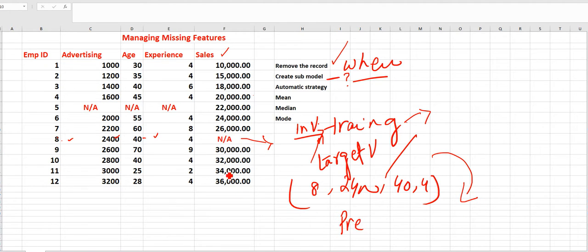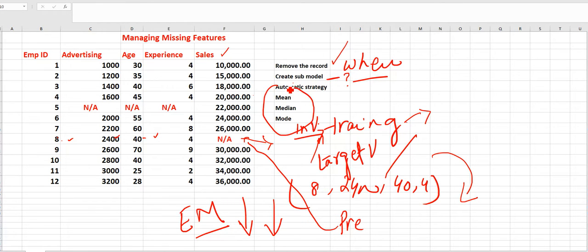These are the actual values, but whatever the model gives us here will be predicted. And you know that the difference between actual and predicted should be small if we want an accurate model. If we have, suppose, 26,000 sales and the model predicts, suppose, 18,000, there is a big difference. As the difference increases, the error margin increases. If there is more error margin, our model will be less accurate. But here we have to write down the prediction value, which I do not recommend because it will take time. These are the automatic strategies, meaning we apply these three.